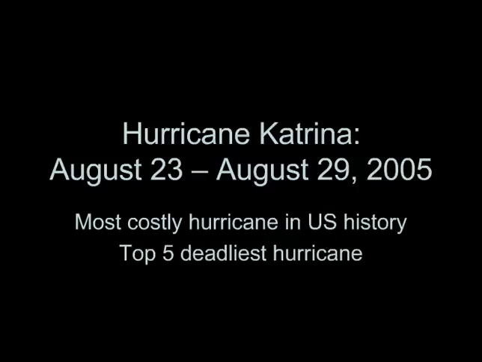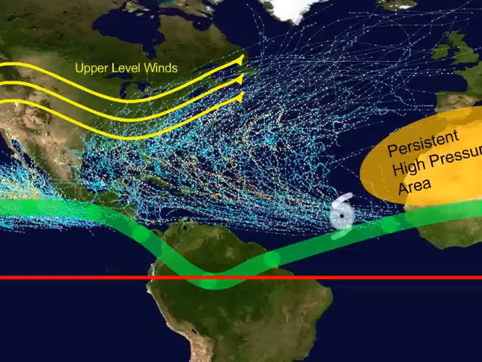So let's apply all these concepts to Hurricane Katrina. Like most hurricanes in the northern hemisphere in the Atlantic Ocean, they originate off the coast of Africa. These low-pressure centers originate in the equatorial low-pressure trough just south of that persistent dominant high pressure that we find over the Sahara Desert. This, combined with the upper-level winds, plays a key role in understanding the general bend to the right of hurricanes